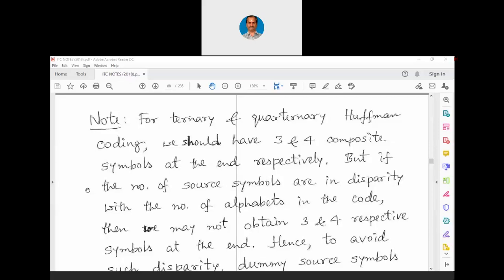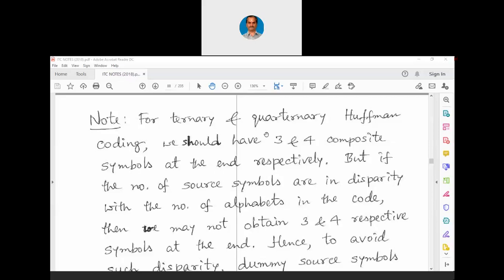Now we also had an example of a ternary code and a quaternary code in our earlier Shannon-Fano coding as well. How to perform ternary and quaternary coding using Huffman, that is also possible. But here the problem is we should have the number of symbols in the power of 2, because we are going to assign 0 and 1 distinctly for each symbol.